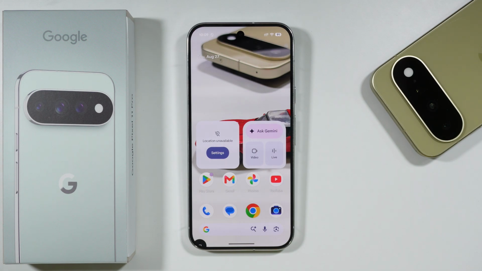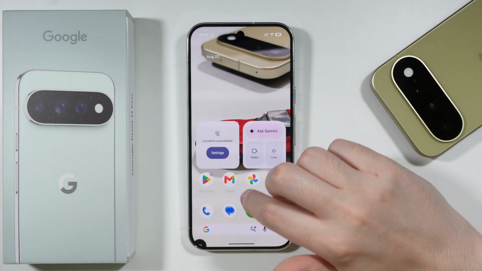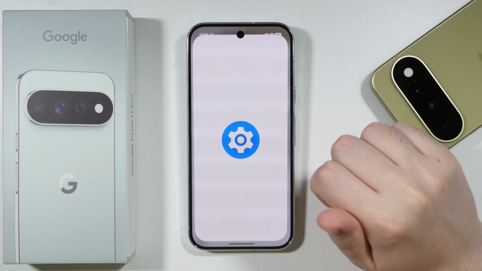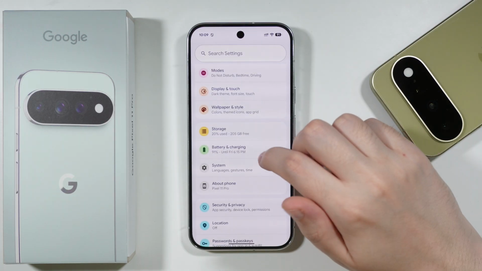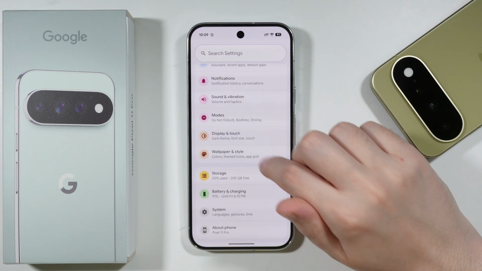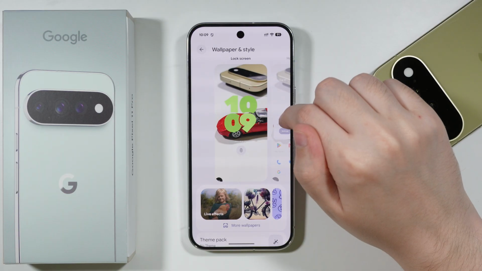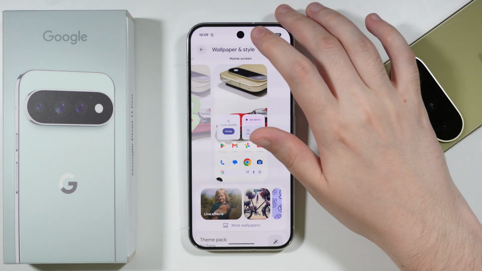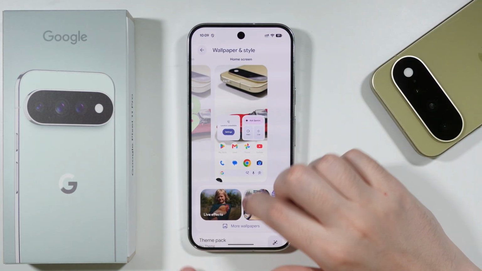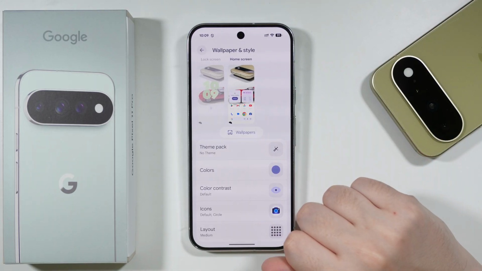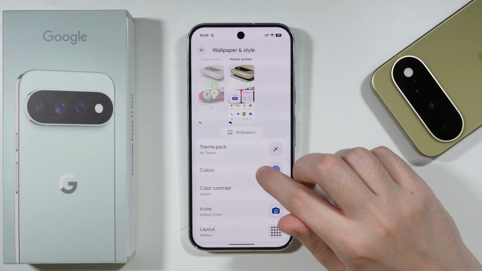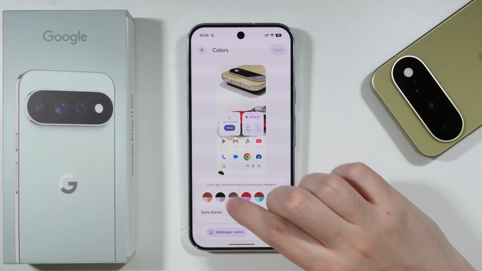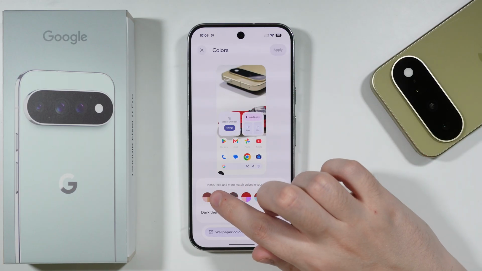To apply the monochrome theme on Google Pixel 11 Pro, first of all, you can go to Settings. Now over here in Settings, we should be able to simply go to Wallpaper and Style. Then here we're gonna swipe to the home screen preview, and then you can swipe up from this bottom section to reveal these options. Now we can go to Colors, and in here you are looking for a monochrome color,